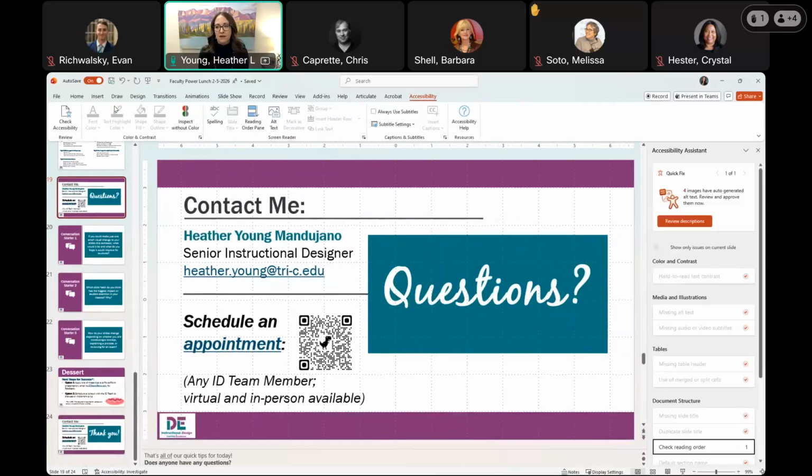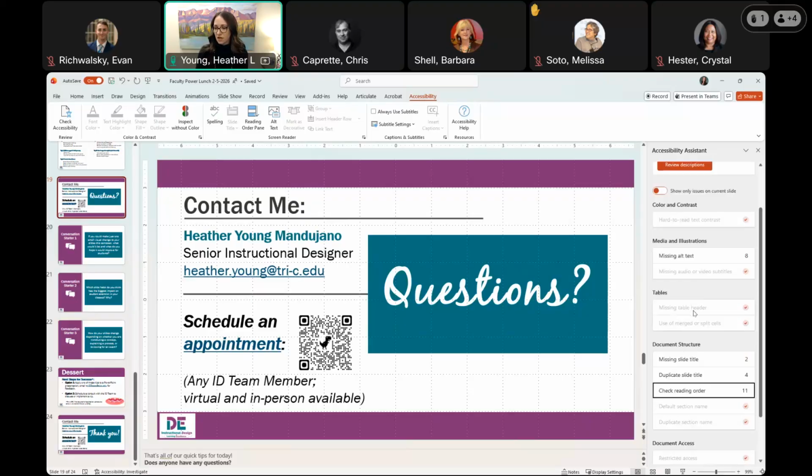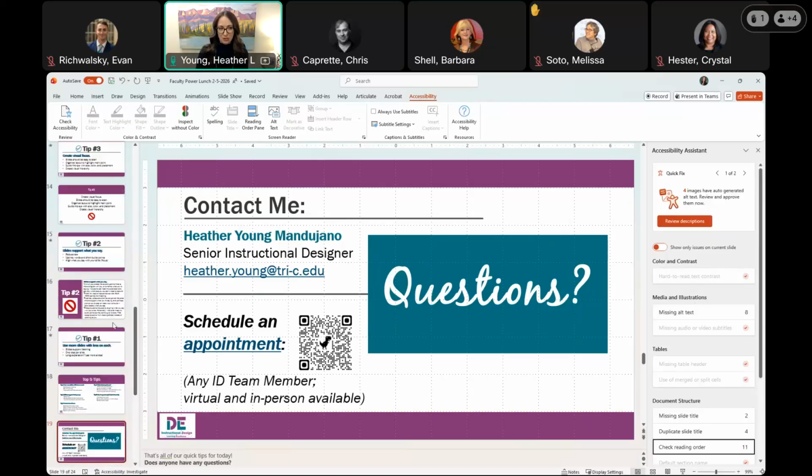But let's see what happens if I come over here. It's probably best that I didn't have everything here. I have a couple of slides that don't have a slide title. I have duplicate slide titles, those I know about, and then some places where I've added some content I need to check reading order, and then images that I added for today's presentation that need alt text. So this is telling me, interestingly, that I don't have any text contrast issues, but I know that I do,